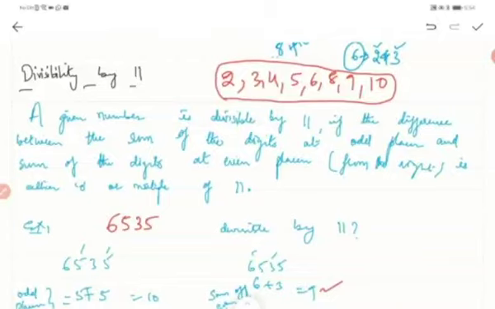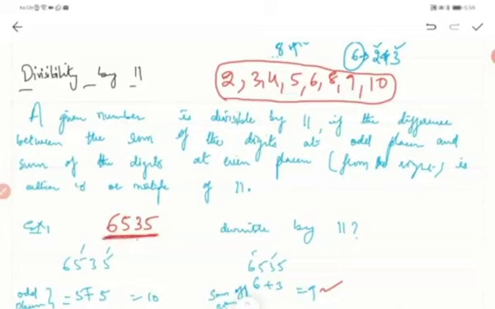How do you say that a given number is divisible by 11, not going exactly by the division process? We just look at the number, carry on the divisibility test and find. So how to do this? I have a number, suppose 6535. If you want to know whether it is divisible by 11 or not, what you will